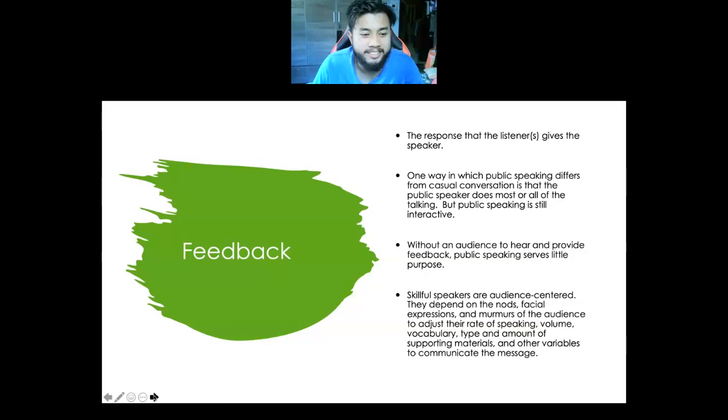Okay, because without audience and without feedback, public speaking serves little purpose. You can see it at the third point. Serves little purpose, meaning that it is meaningless. For example, the speech given by Denzel Washington received great reviews from a lot of people. That's why it was posted again on YouTube, and people keep referring to his speech, maybe to help with his or her life, right? So remember, words can change people's lives. Give a very good speech that can change people's lives and ideas.